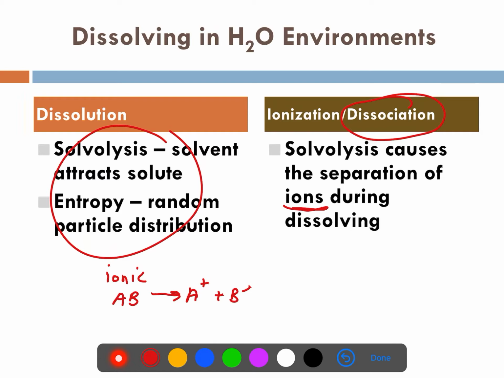In other words, you get 100% yield of the positive and negative ions. When you have something called ionization, that's solvolysis, that's dissolving also, but you get very few ions that are being produced in the process. For instance, let's say we had something like